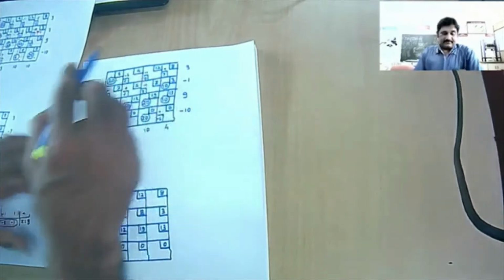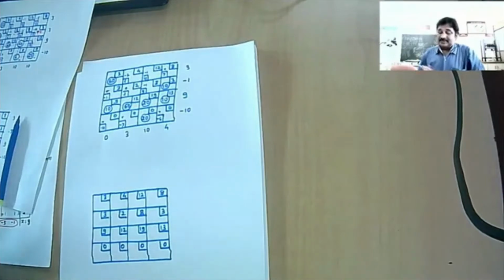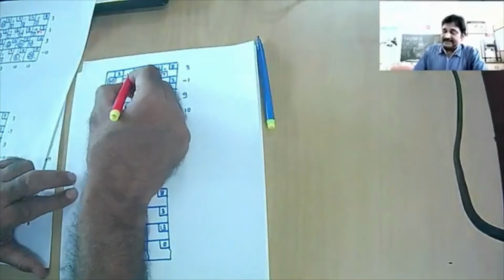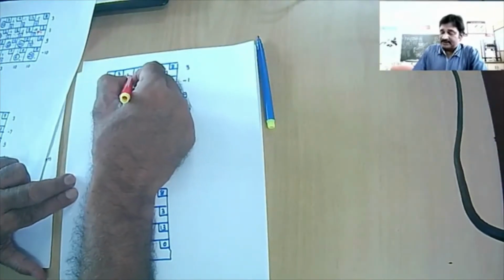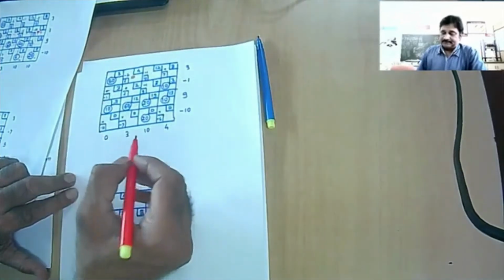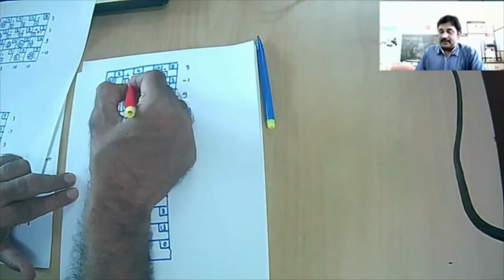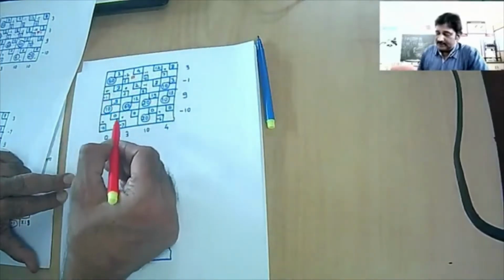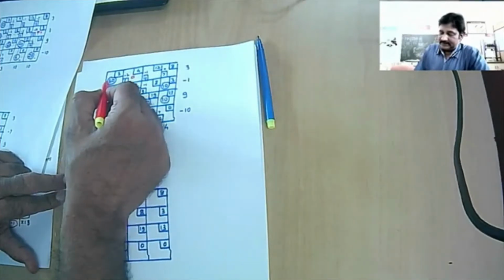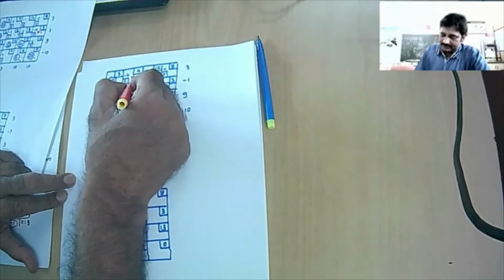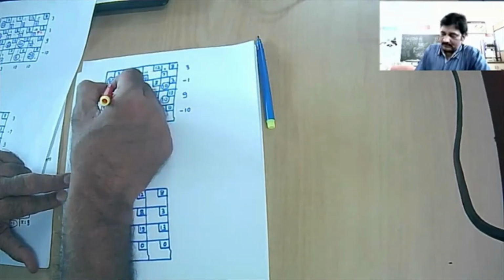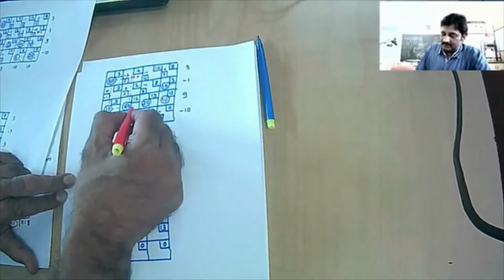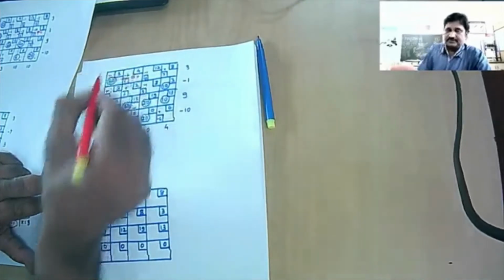So this is the maximum negative cost change. So the saving potential of this cell is maximum. Each unit transported via this route will save 2 rupees. So with reference to this cell, I will be forming the quantity adjustment loop. So from here I'll be coming here, then here, then here, then here. Okay, let's do that. Here you will be writing plus sign, minus sign, plus sign, and minus sign.